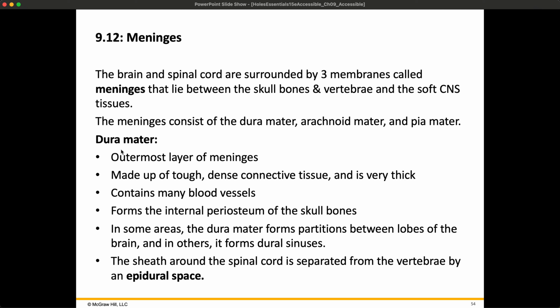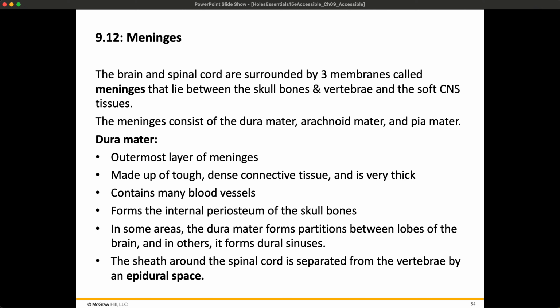The dura mater is the outermost layer, tough, dense connective tissue, with a lot of blood vessels. It forms the internal periosteum of the skull bones. So this means that when you think of the dura mater, it's